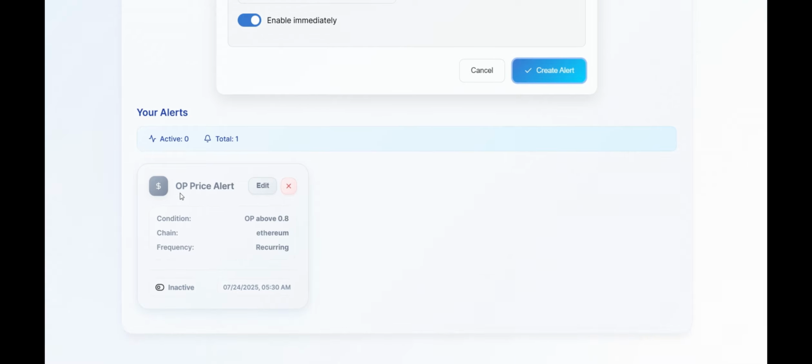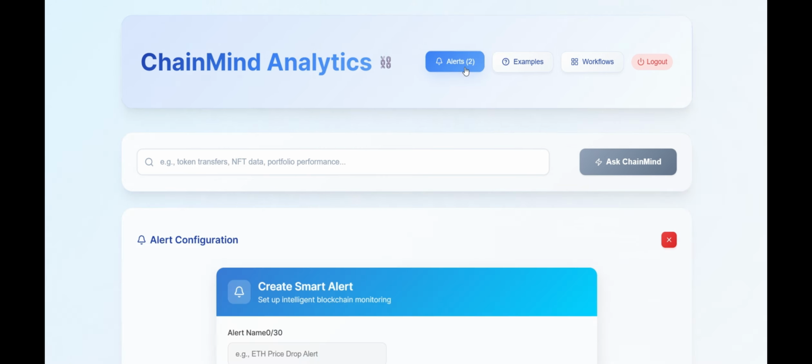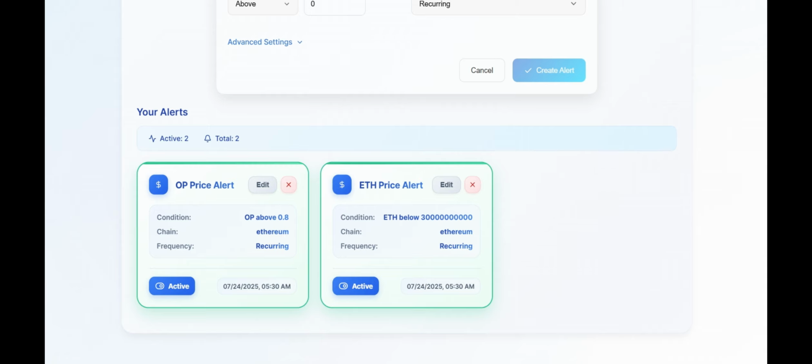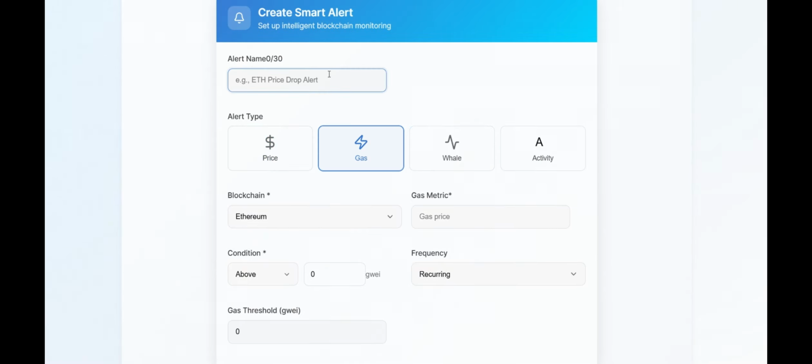I've also created an Optimism price alert for myself. Alert created successfully, and it's here. I'll also activate this, and also I'll create this gas alert. Gas metric, I guess 0.5.